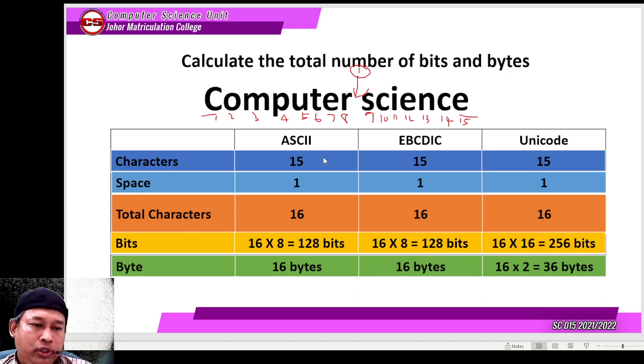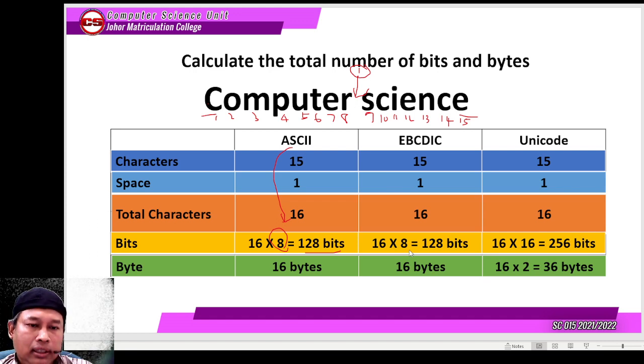Now if you are using ASCII, which is used on your personal computers, you must take the number of characters times 8. Why 8? Because ASCII uses 8 bits, so 16 times 8. The storage for the words "computer science" will be 128 bits. That means 16 bytes. It is the same total number of bits and bytes for EBCDIC, because EBCDIC uses